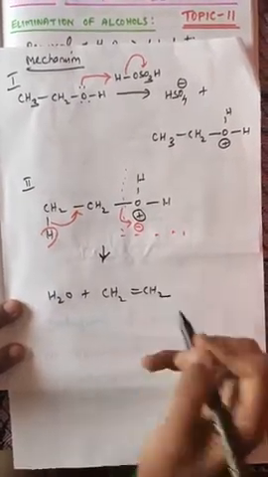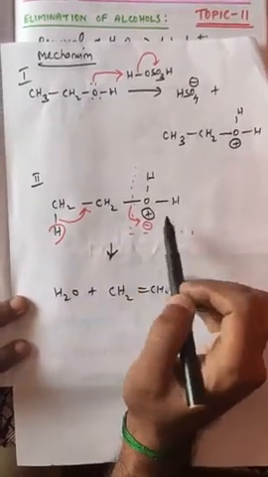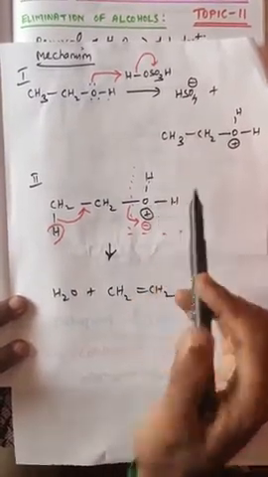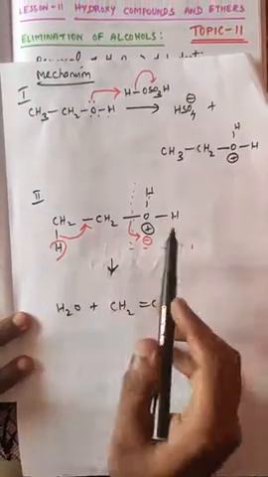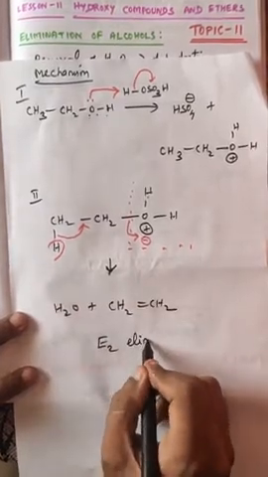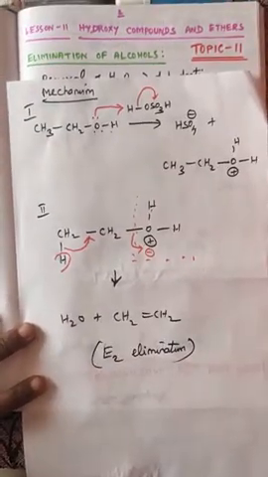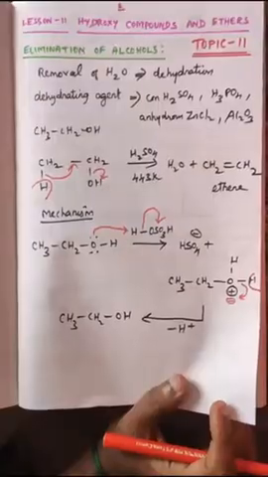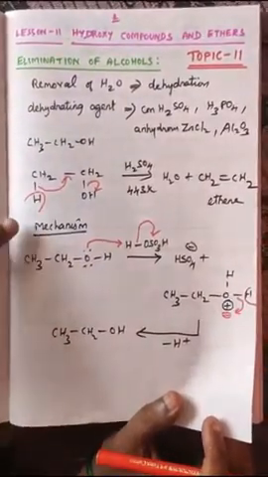See here, the removal of H plus and the removal of the protonated alcohol. OH group means alcohol; OH along with one more H is called protonated alcohol. So on one side the alcohol is getting removed and on the other side H plus is getting removed. Both take place simultaneously, so it is called a bimolecular elimination reaction. Like SN1 and SN2, elimination reactions are also of two types: E2 and E1. E2 means bimolecular elimination reaction. Dear students, in topic number 11, elimination reaction, I have given the example for primary alcohol.